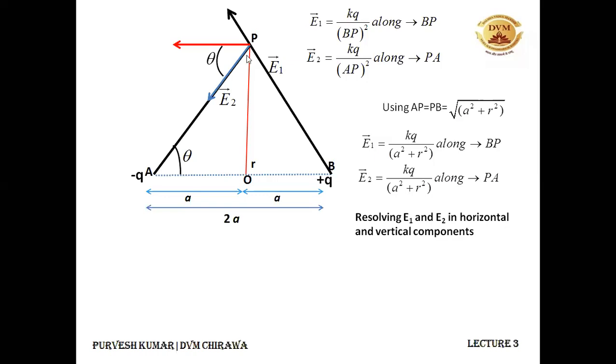Now I have a vector, so it will have a cos component along the direction of theta and a sine component in the opposite direction of theta. That is the resolution of vectors. So it can be resolved like this. When this is theta, this will also be theta. That can be proved by simple geometry. I leave it up to you to prove how it is theta. Still, if you do not know it, I will tell you. So please try to find out why, when this is theta, this will also be theta. Now I am resolving this E2.